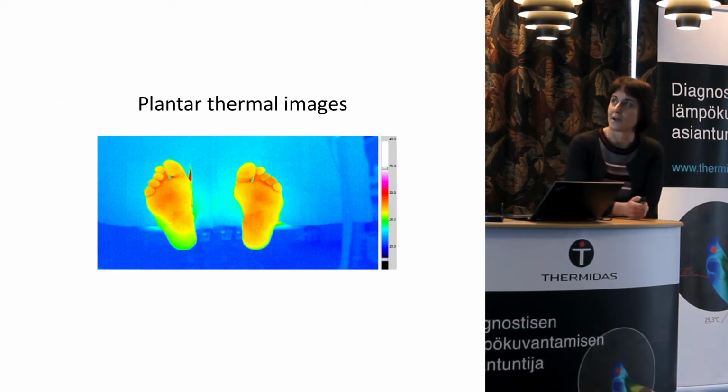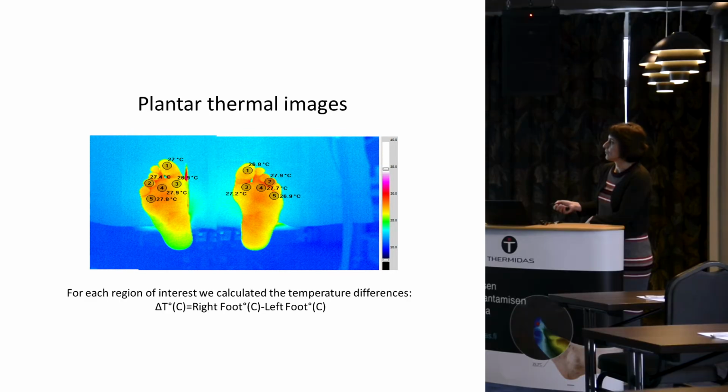And here is an example of a thermal image where the colors represent different temperatures. This is an example of healthy feet. They look rather symmetrical, and with the device we were able to identify different regions of interest and compare